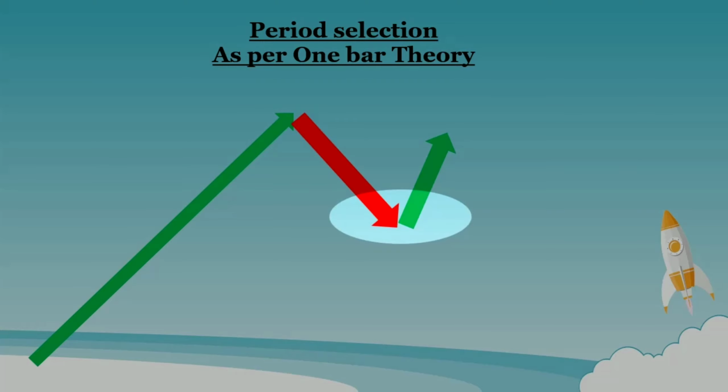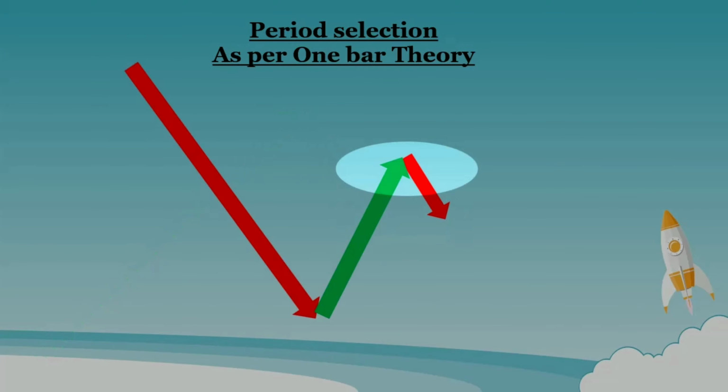Now consider this example. Let's say a stock moved in the upside direction and formed a wave as per the one bar theory. Now it came for the retracement and then again reversed. So at this point of reversal, you should be adjusting the periods of RSI. Now if you get the RSI signal, that should be your period for the ongoing uptrend. Please remember that I said ongoing uptrend. That means we were looking for the uptrend. Once the trend is ended, your period selection should change.